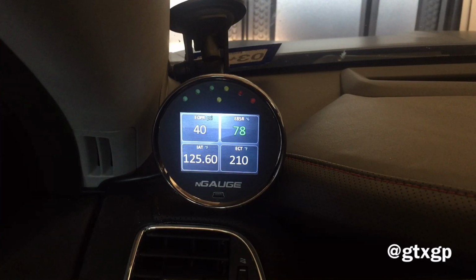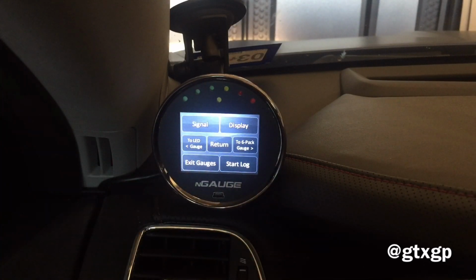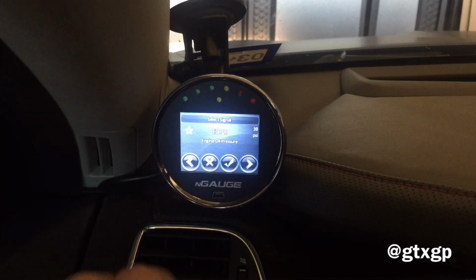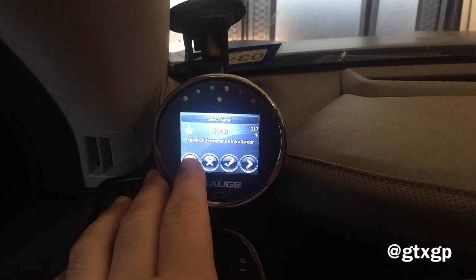So just to give you an idea of how easy this is to configure, you really almost don't even need an owner's manual. So let's say that I did not want oil pressure. All you do is click on the gauge that you want to change. You can see you have signal and display. We're going to come back to display in a minute. But if you just choose signal, it gives you options that you can scroll through: engine oil pressure, engine oil temperature,